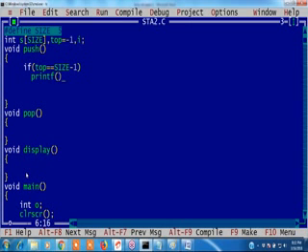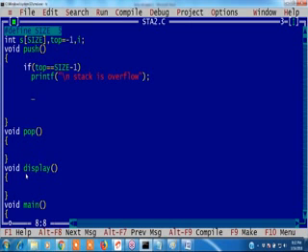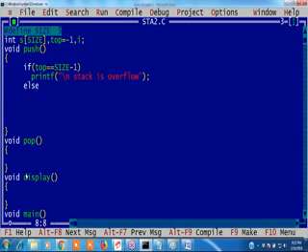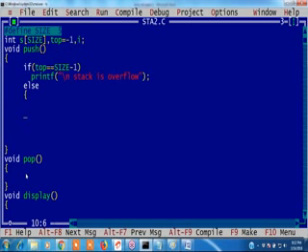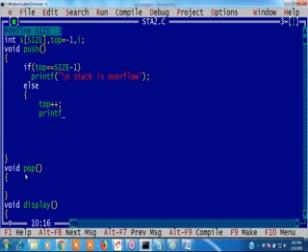What message do I have to display? Printf. Here, what do I have to write as that message? Stack overflow. Stack is full or stack is overflow. Clear? Else, if it is not overflow, then what do you have to write? Printf enter the element. Top plus plus, right? Yes, sir. Top plus plus. Here enter an element.